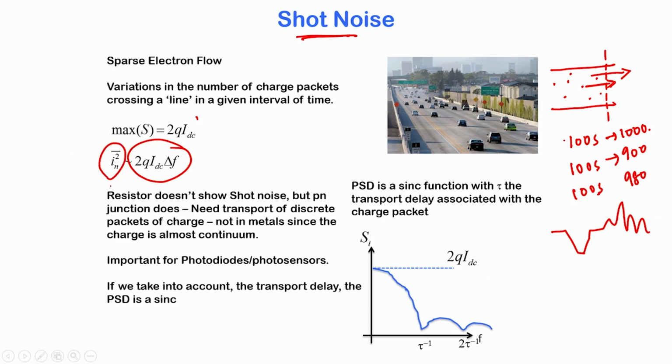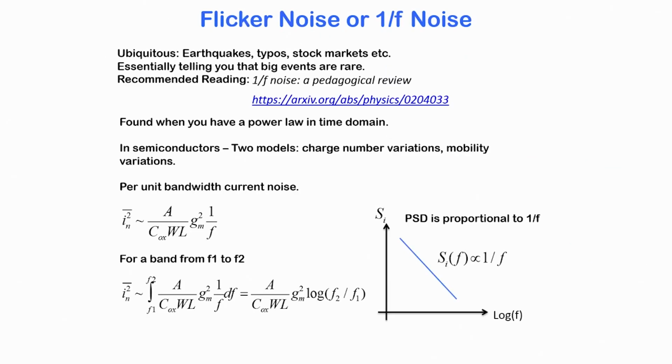The noise current is dependent on the DC current through the device, and therefore this is not seen in resistors. It is also not seen in MOSFETs that are in strong inversion, but it is very much seen in devices such as photodiodes or photosensors, which are diodes in reverse bias. Okay, and then finally we will talk about the last noise source, which is called flicker noise,